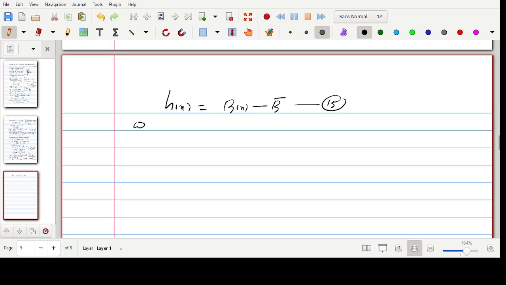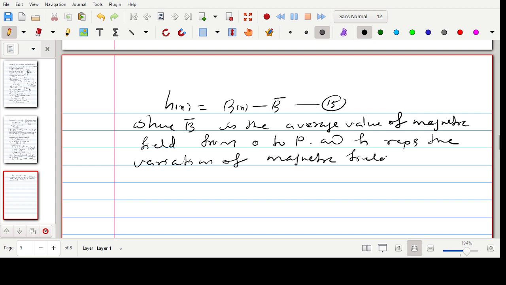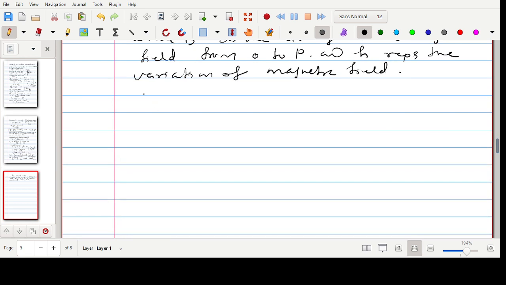where b bar is the average value of the magnetic field from 0 to p, and h represents the variation of the magnetic field. So this equation 13 becomes I equal to